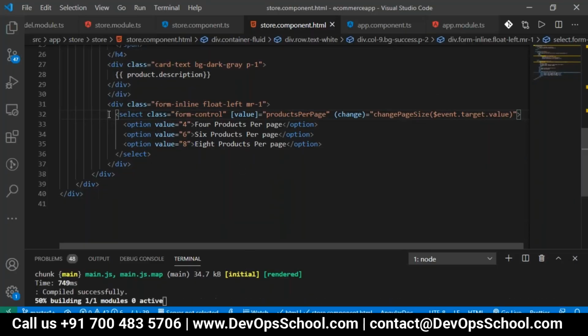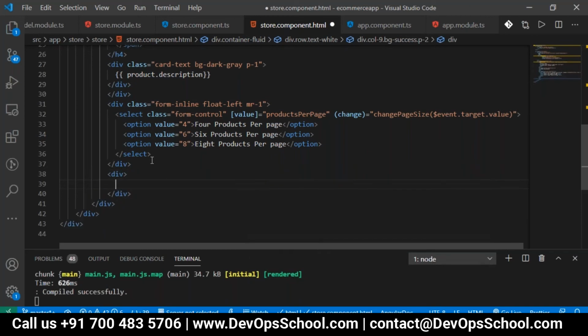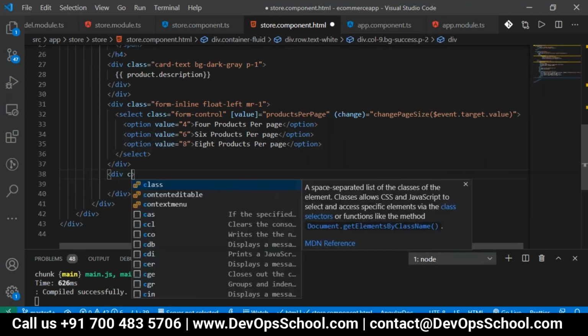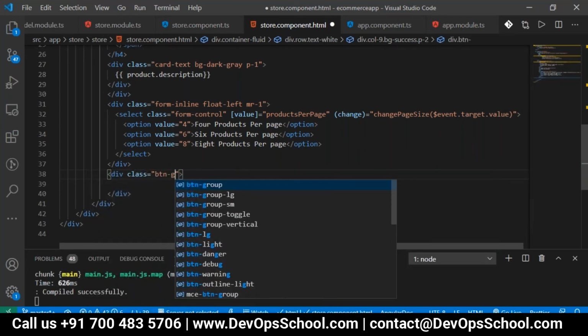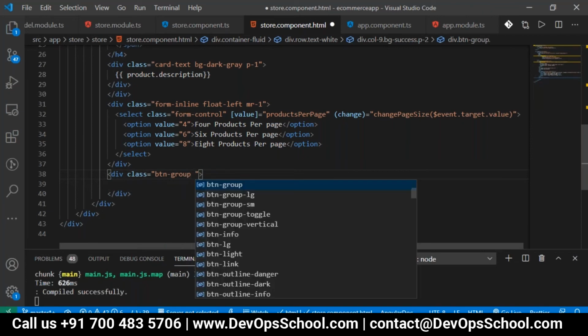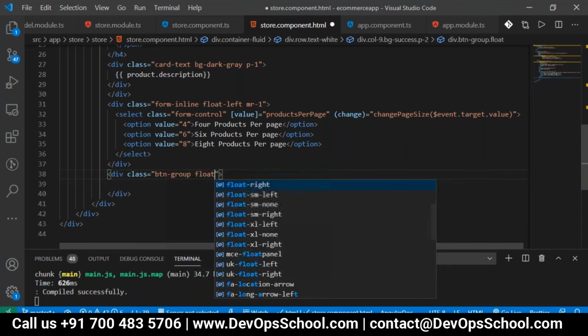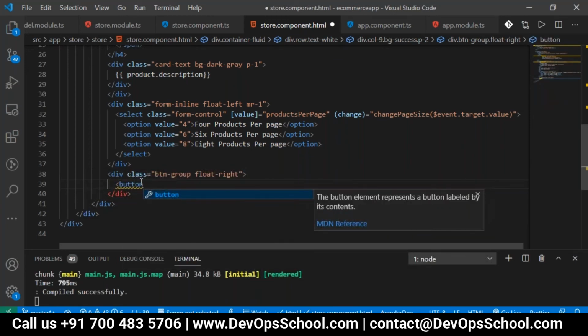Here we have done the selection in a div, so then I'm creating another div with class button group, and I want to float it right because the left one is already there. So I want to give the buttons.